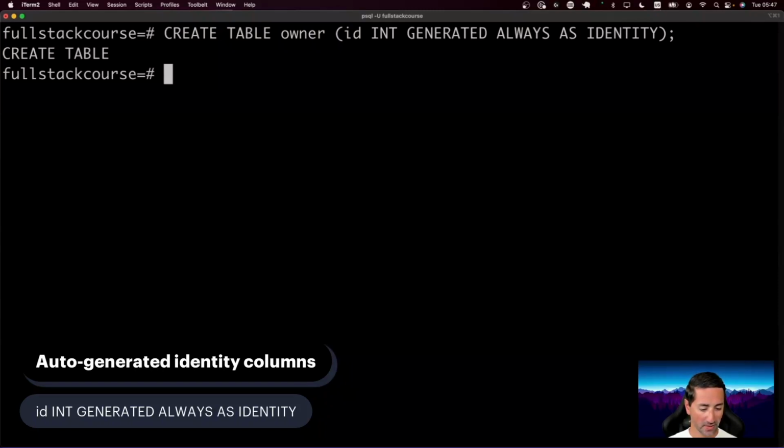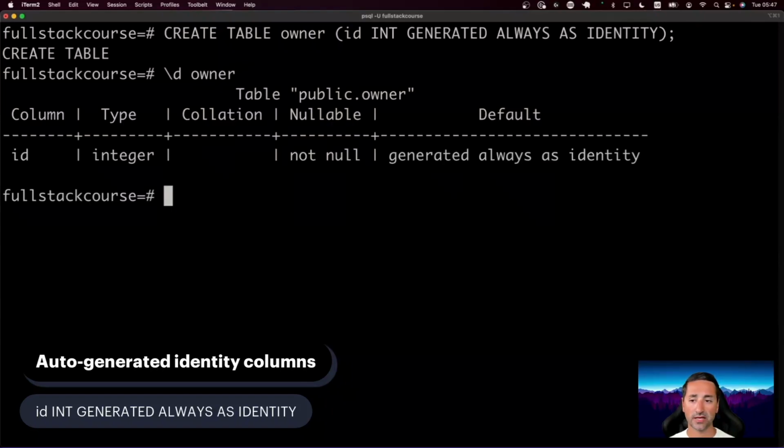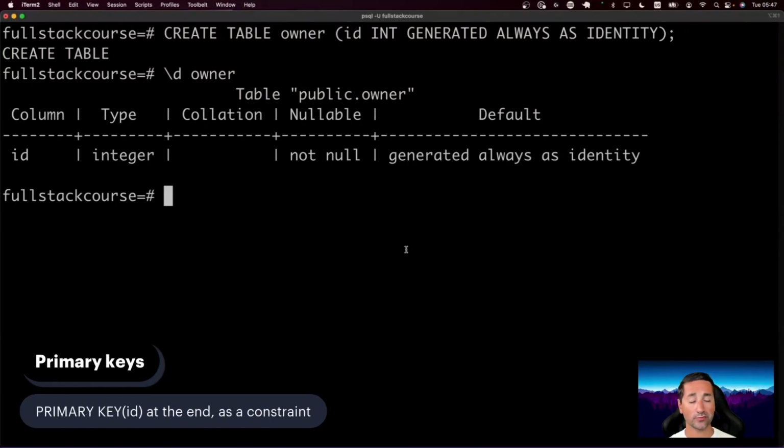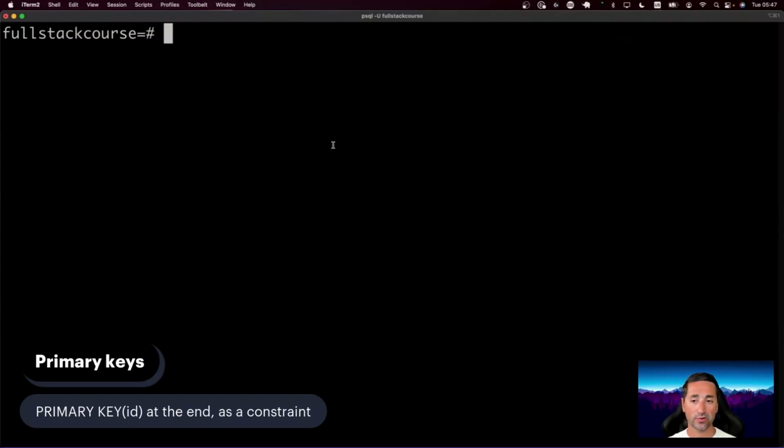So, okay. If you want to get the schema for this table, remember you can always issue the \d command in here. So we say owner, and you can see it is a generated always as identity field. Okay. However, this is not a primary key yet. Okay, so if you want to make this key a primary key, you actually have to add a primary key constraint to this table creation. So let's drop that table. Then we say drop table owner, okay,